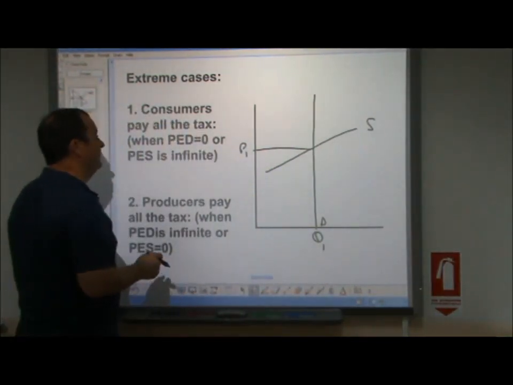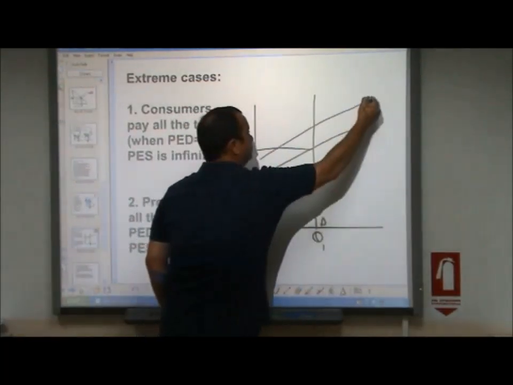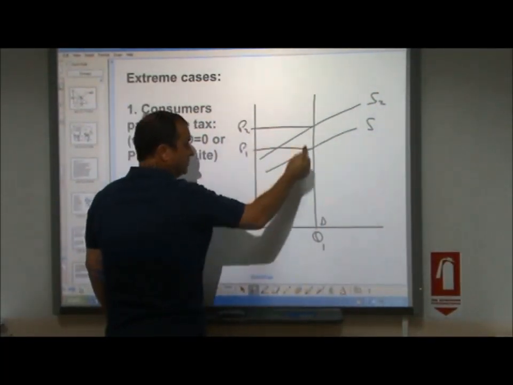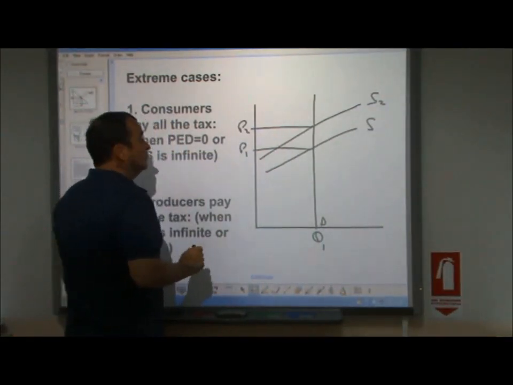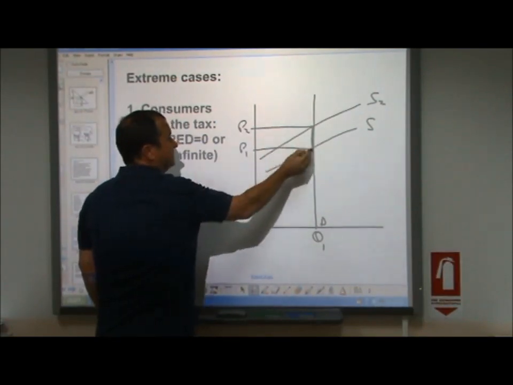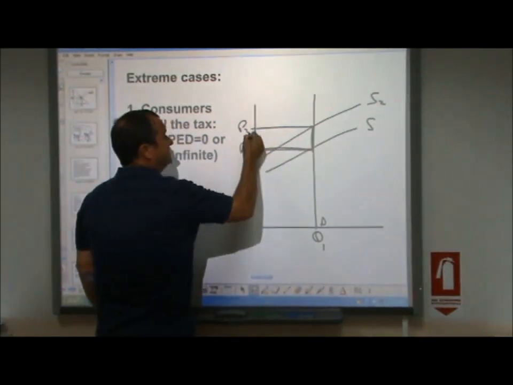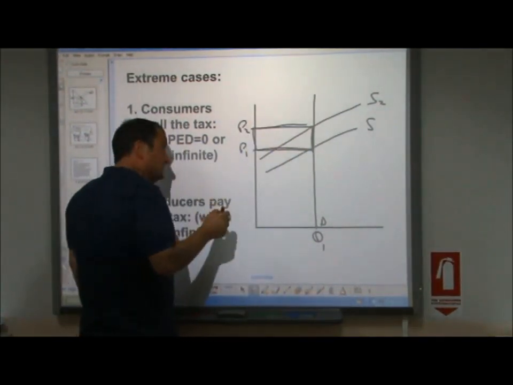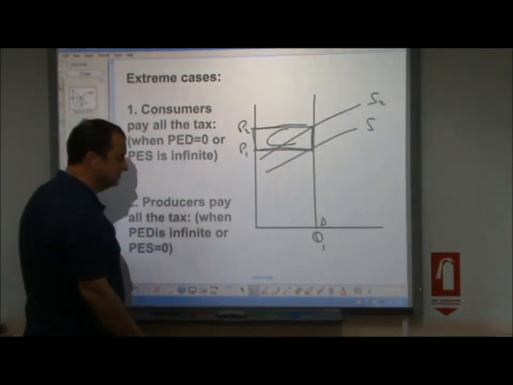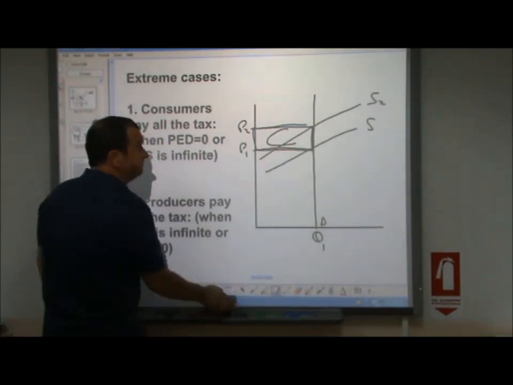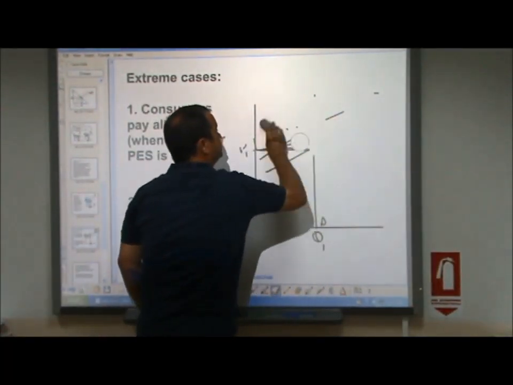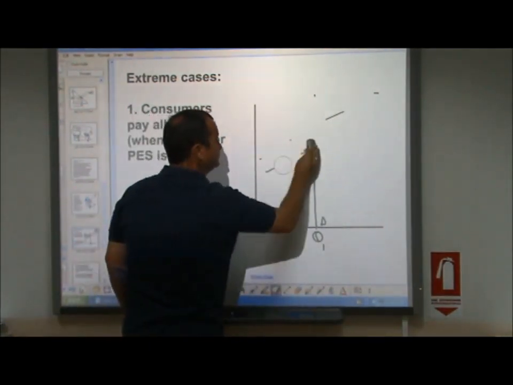If a tax is now imposed, S2, then the price rises to there. The quantity stays at Q1. We go to the new equilibrium point. The vertical distance between the supply curves is the tax per unit. Okay? And that's the tax revenue for the government. And it is entirely a rise in price. The consumers are paying it all. There's no portion for the producers. Okay? Or the other way that the consumers may end up paying all of this